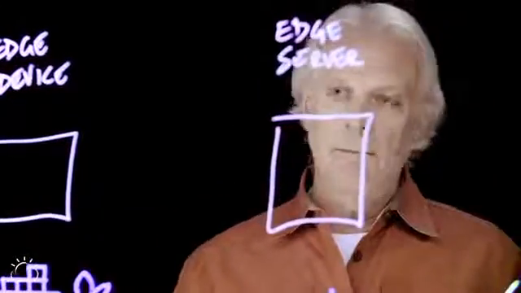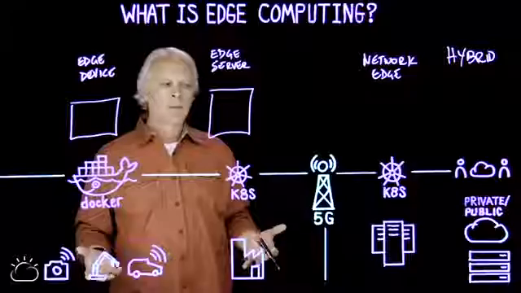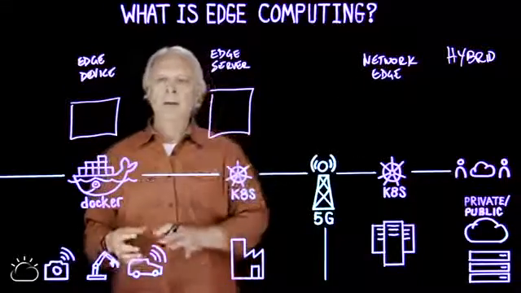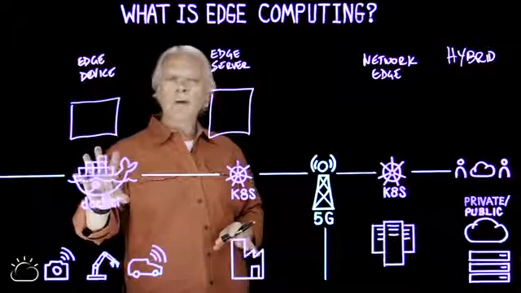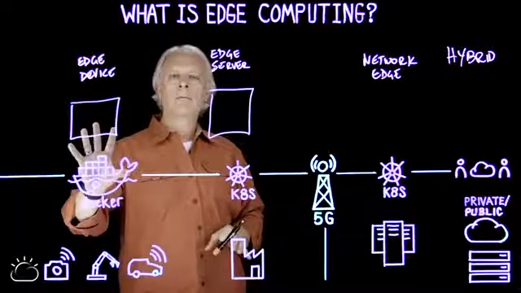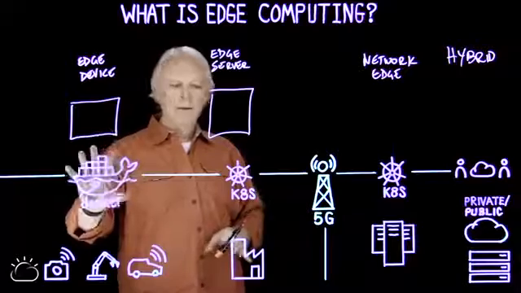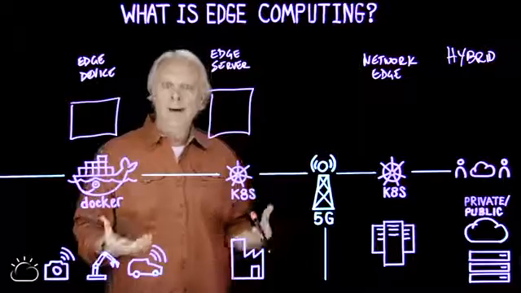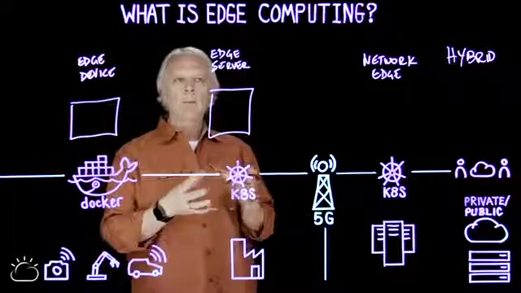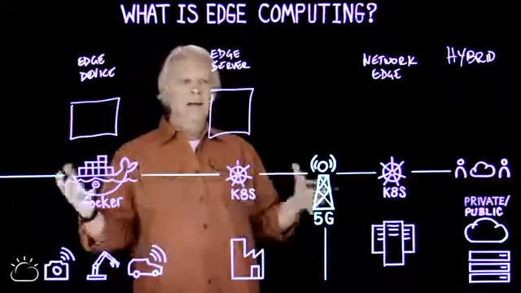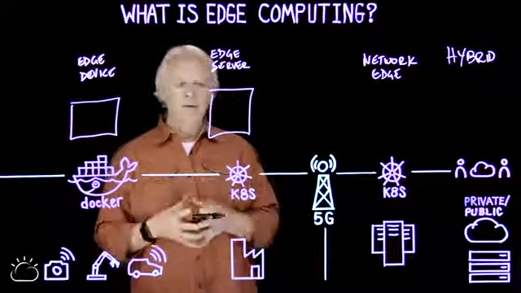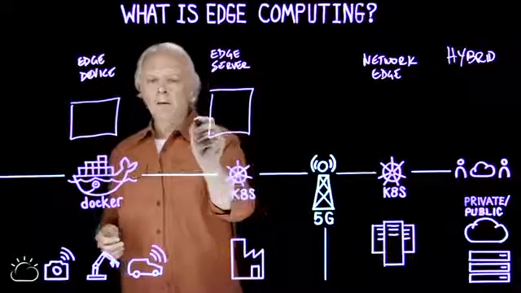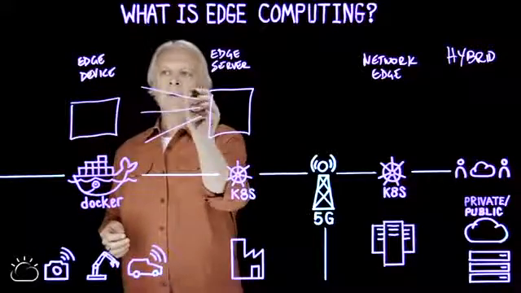Edge servers, on the other hand, being pieces of IT equipment, oftentimes are much bigger. So it's common that if we're going to have a containerized workload that we're trying to manage into these spaces, that we'll run that container on a Docker runtime without the benefit that Kubernetes brings to the table. Whereas in an edge server, not only do we have the capacity to run Kubernetes, but more importantly, we have the need to get elastic scale and high availability and continuous availability out of the workloads that are deployed on these edge servers because, frankly, they're being used on behalf of many of these edge devices.